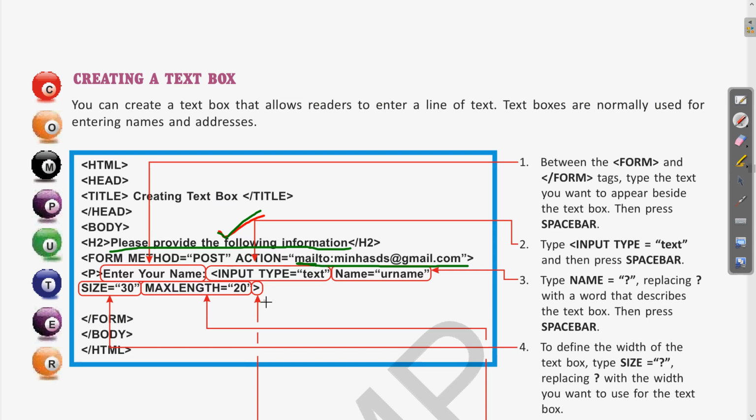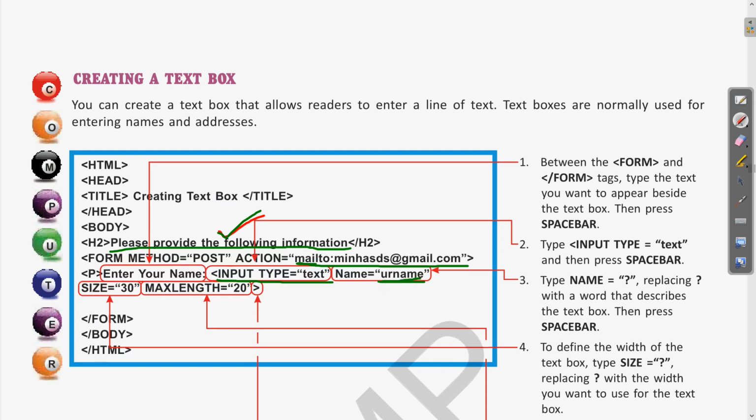Clear? Then for the text box, whatever message you want to mention will be written in the paragraph text. Then the input type, here we are mentioning the type, the text box. So we have written text. Then the name of that text box, whatever name you want to mention.